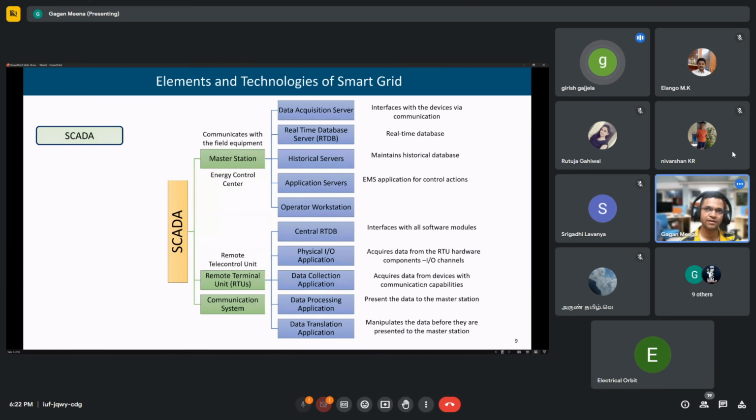Yes, correct. Now we are also using fiber optic cables. It is wired fiber, and it's very fast. Especially for the distribution system, fiber optic cables are being used. Okay.